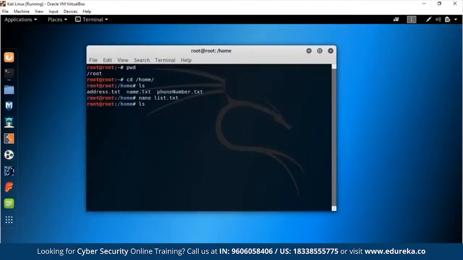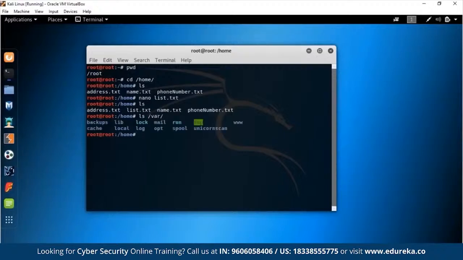Okay. So first let's go ls and let's go through whatever there is. So ls shows us the list of files that are there in that directory. Now ls can also show you the list of files in a directory with the paths that you specify. Like if I say ls var, it'll show me everything that is in var. Okay, there are a lot of interesting things in var.